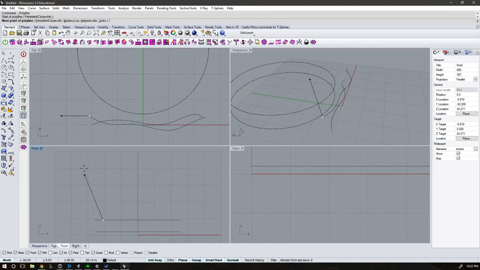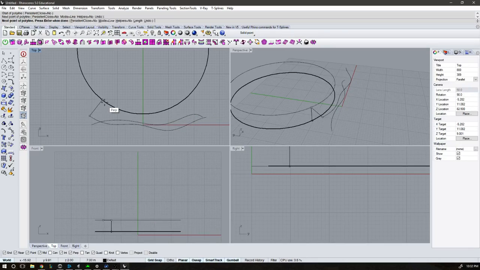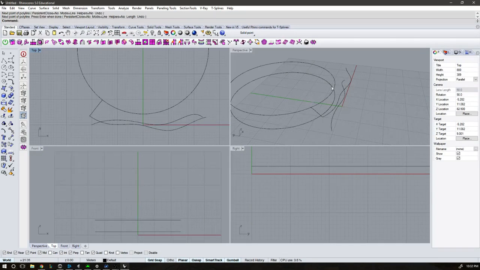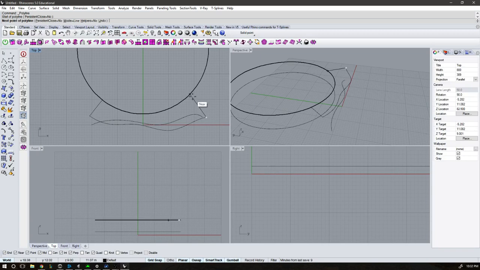So we've got our perp snap on. We've created a line off the end of this curve. That's where the truss is going to go. And we're just going to snap that perpendicular to the curve that's the edge of the building. Do that the same way on the other end. Perp snap, all good. We're going to repeat that process